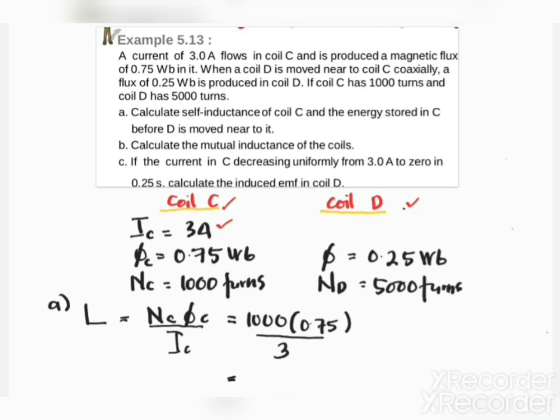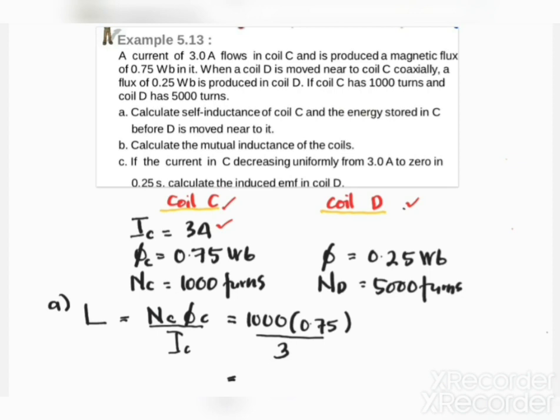A. Calculate the self-inductance of coil C and the energy stored in C before D is moved near to it. B. Calculate the mutual inductance of the coils. And C. If the current in C is decreasing uniformly from 3 ampere to 0 in 0.25 second, calculate the induced